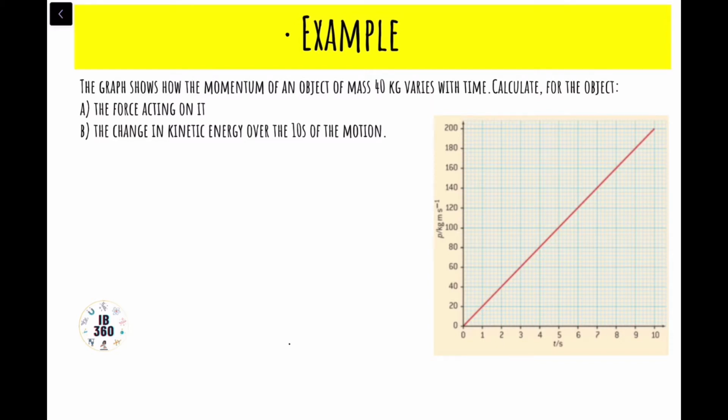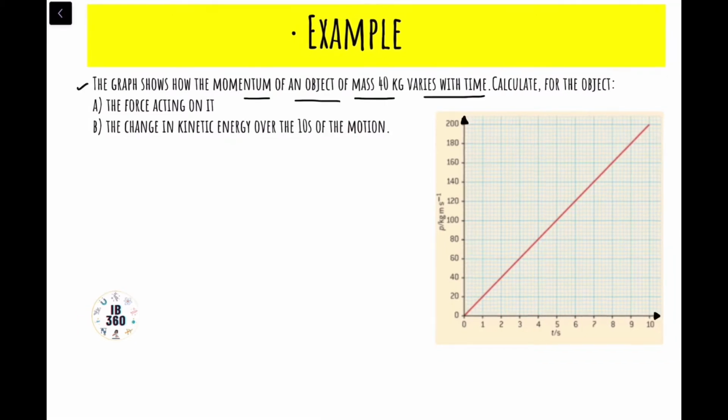So with that said, let's get started. In order to solve this question, we need to know the basics of impulse. We know that impulse is nothing but change in momentum, that is delta p, which is equal to final momentum minus initial momentum. And impulse is nothing but F times delta t, which is equal to delta p. We derived this in the previous video on impulse.